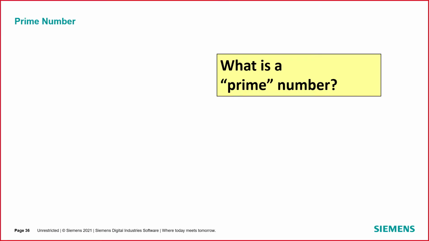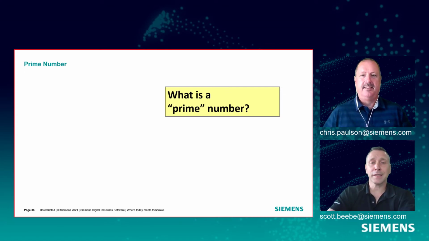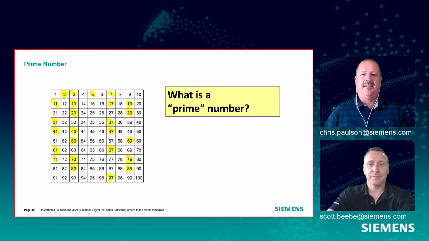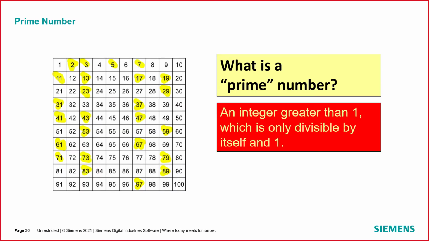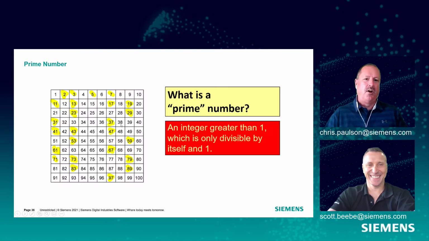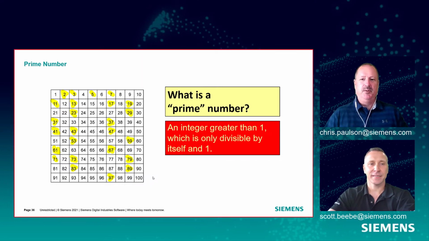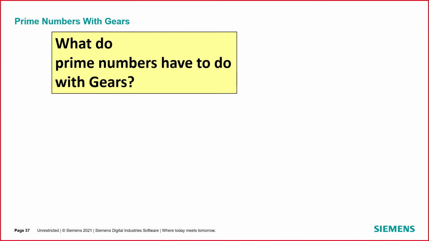It's a very interesting phenomenon that happens with gears. So what is a prime number? A prime number is anything divisible by itself and 1, actually. Exactly. It's an integer greater than 1, which is only divisible by itself and 1. All right, so these highlighted in yellow are prime numbers. 2 divides everything else. I keep forgetting that it itself is a prime number. But we can't have gears made with only 2 teeth. Right. So what do prime numbers have to do with gears? I'm getting to the point.